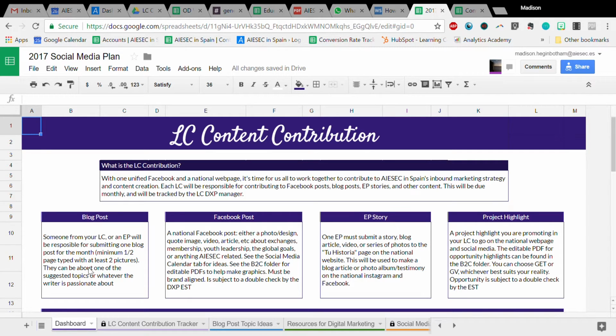Okay, so this right here is the 2017 social media plan. It's how your LC is going to be tracked on what you're contributing to the national content, as well as your LC's use of the digital resources that we have. So if you're a VP of B2C, you're responsible for making sure that your LC's contribution is submitted every month